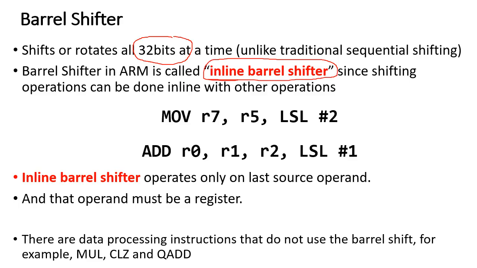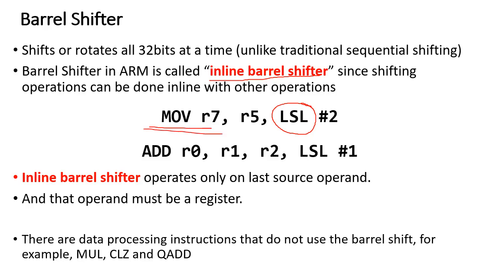Now the most interesting part of ARM with respect to barrel shifter is that the shifter is called an inline barrel shifter. Now what is an inline barrel shifter? The ARM processor allows you to combine any arithmetic instructions or data transfer instructions with a barrel shifter instruction. That means barrel shifter does shift and rotate operations. Here I have taken one example, logical shift left. Just for example, I will consider the left shift logic barrel shifter.